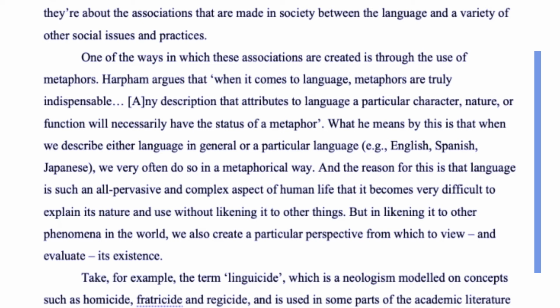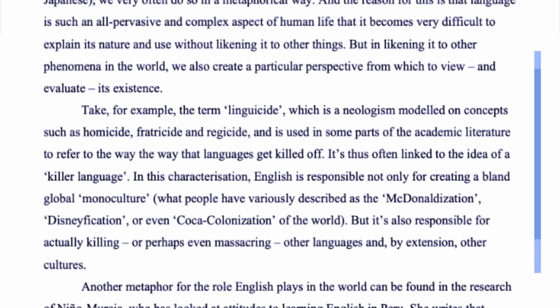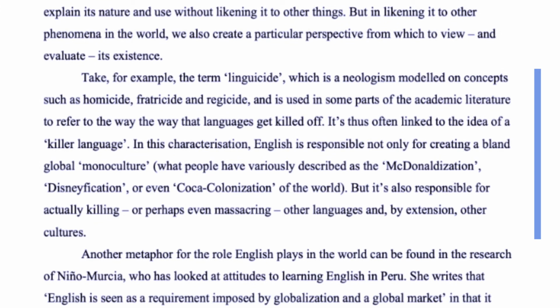What he means by this is that when we describe either language in general or a particular language, e.g. English, Spanish, Japanese, we very often do so in a metaphorical way. And the reason for this is that language is such an all-pervasive and complex aspect of human life that it becomes very difficult to explain its nature and use without likening it to other things. But in likening it to other phenomena in the world, we also create a particular perspective from which to view and evaluate its existence. Take, for example, the term linguicide, which is a neologism modelled on concepts such as homicide,